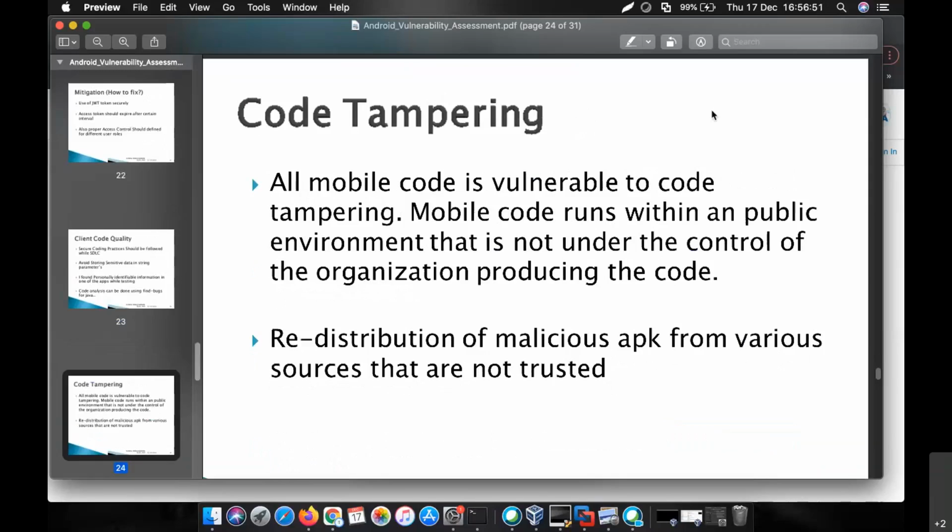For code tampering, what happens is after developing the code, an APK is formed. While the APK is formed, we give it a signature and certificate, and based on that, the APK is further circulated from the Play Store. So you should avoid installing applications from untrusted sources. Someone can tamper with the code and redistribute your APK. This should not happen, so to avoid this, proper